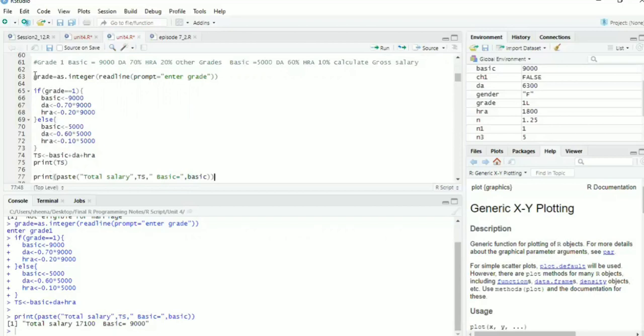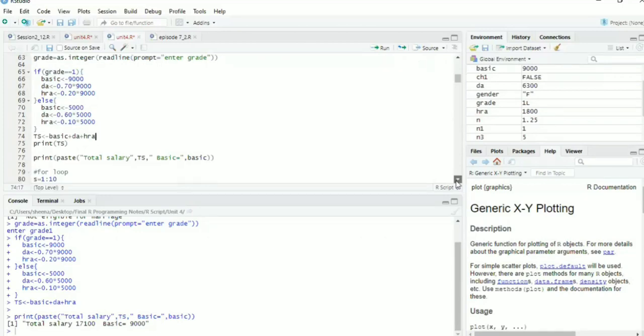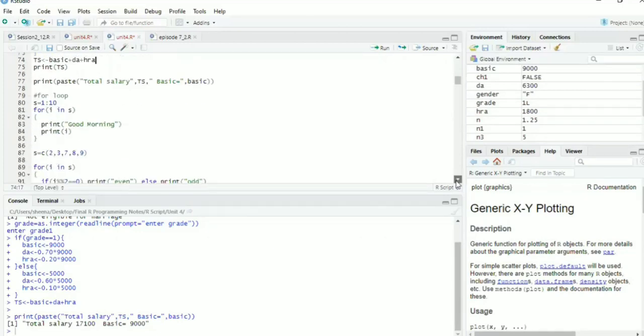So this is my entire program. I hope that you have understood the program, and also the usage of the if block. In the if condition, there is no need to write then. By default, whatever is written within the immediate curly braces is considered the true block, and whatever is written within the curly braces of the else block is considered the false block. Now next we will see the other looping.